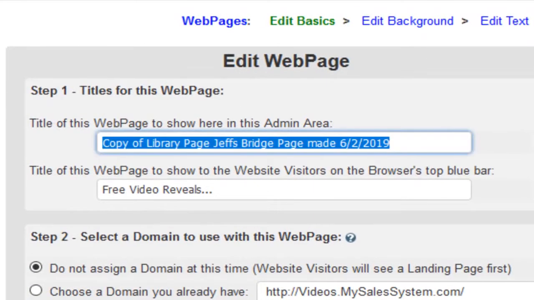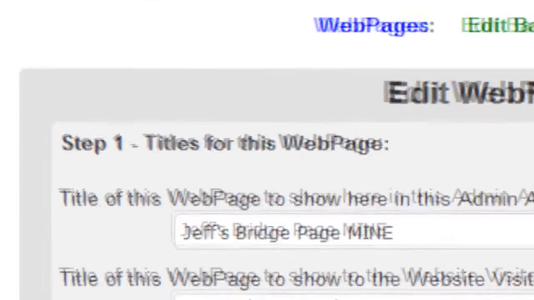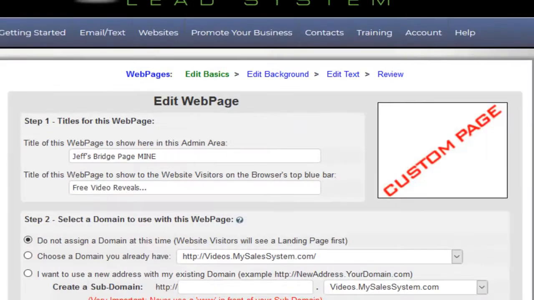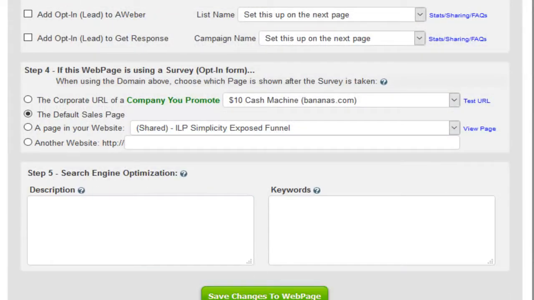So now you're going to label this page with something that will remind you what this page is, so you can easily find it later. All right, so I just named this Jeff's bridge page mine. Now that I've labeled it the way I want, I'm going to scroll down and click Save